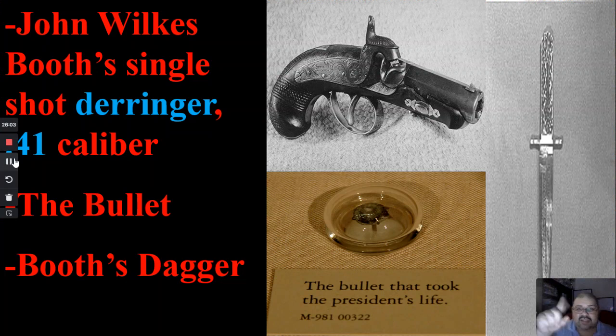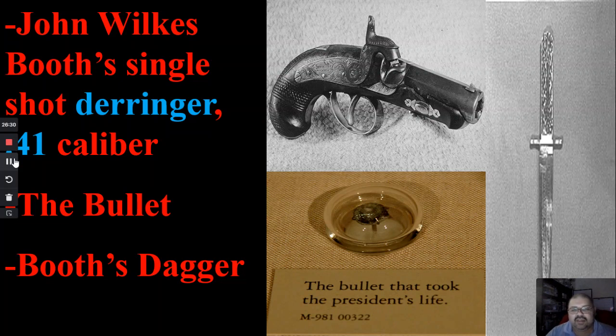Now, that top gun you see there, that is the actual gun that was used against Lincoln. It's a Derringer 41 caliber gun. It's about the size of your palm. They still make them to this day, but they don't make them like that. That's the flintlock one. You have to basically pack the powder and the bullet in, put a little cap on the trigger, the hammer, and then it would shoot.